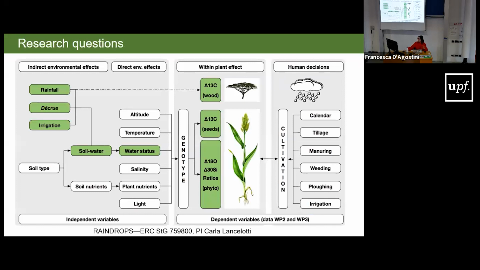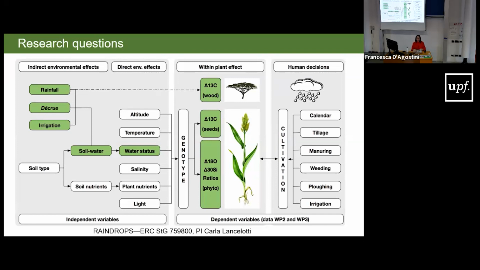But how do we want to do this? How do we want to detect these water levels? Well, we decided to focus on the plant remains. Why? Basically, in archaeology, if we are very, very lucky, we can find traces of tanks used for water storage, but all these types of